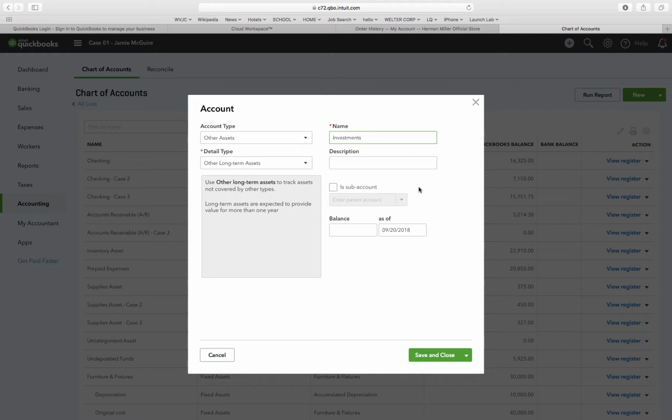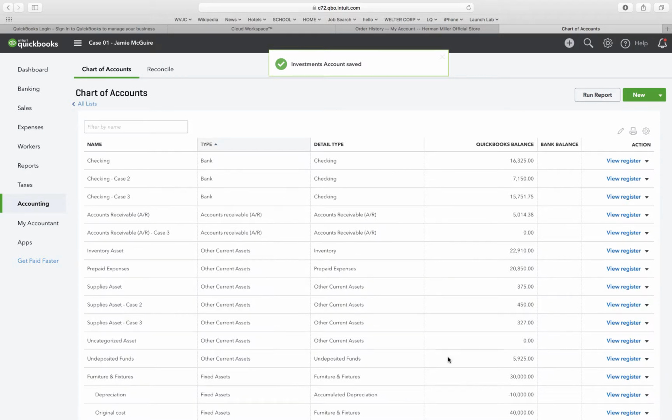And it does not tell me that I have a balance in here, so I'm going to leave this blank. And I'm going to click save and close. I'm just creating the account now because I'm going to use it in the future. And then